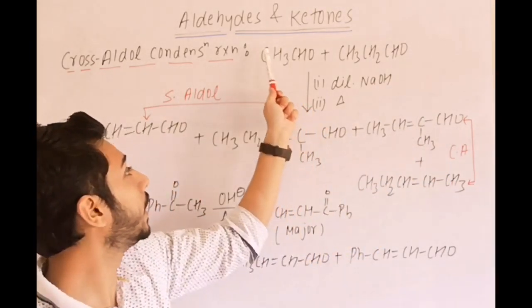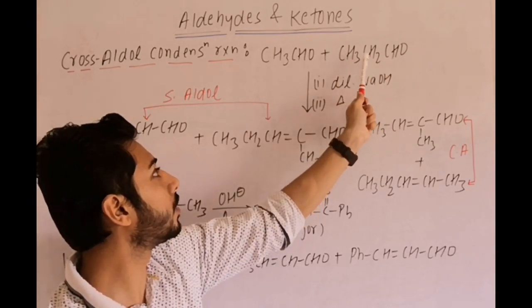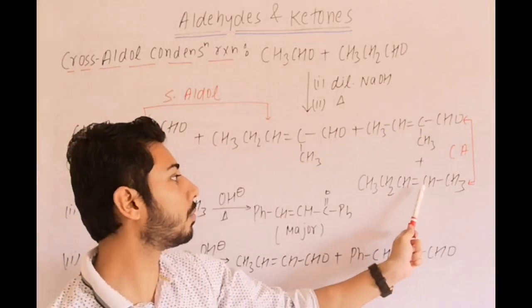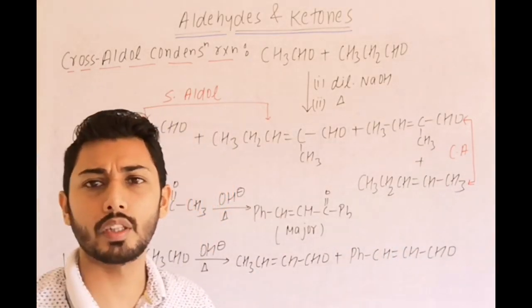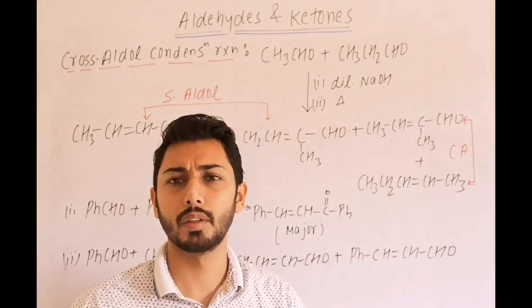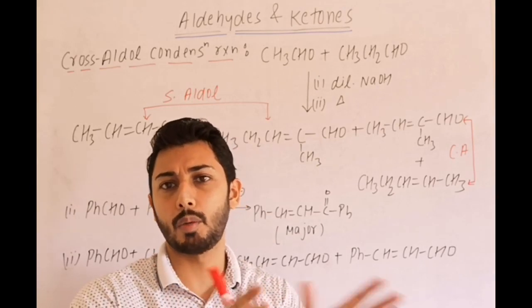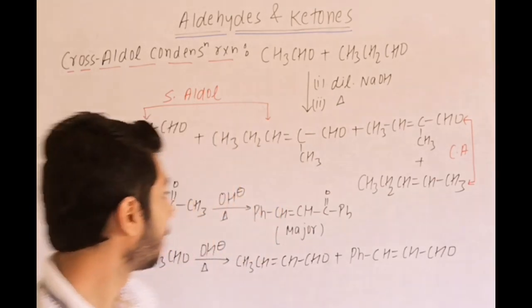The other possibility is that this CH2 minus adds over there, and it becomes CH3CH2CH=CH3. This is also a shortcut to write the product, the direct double bonded product, which is aldol condensation. You will understand it, but firstly I prefer that you write it properly and systematically so that you understand, because it is a very important reaction.